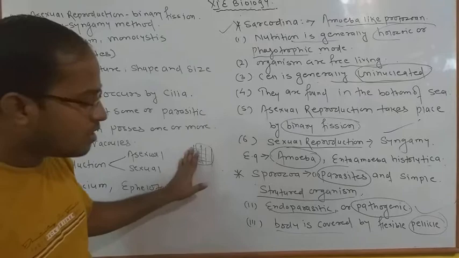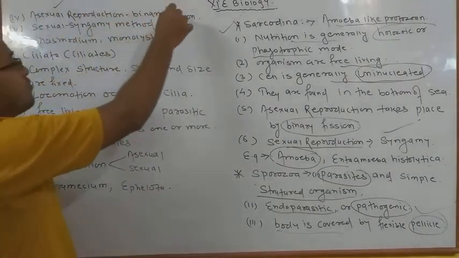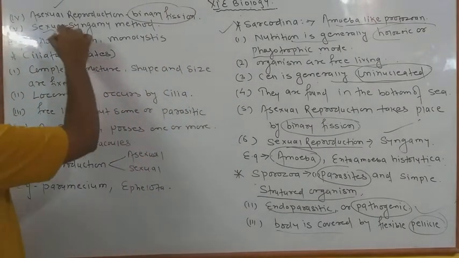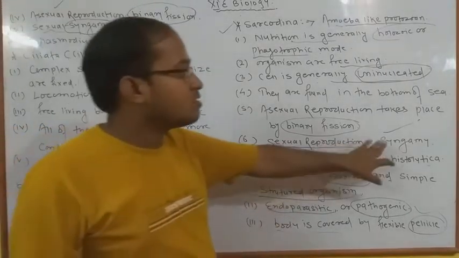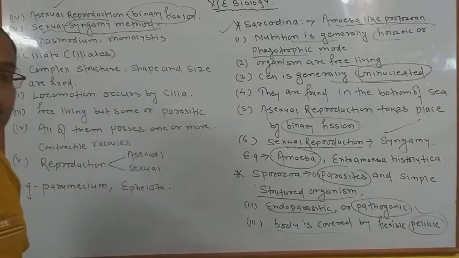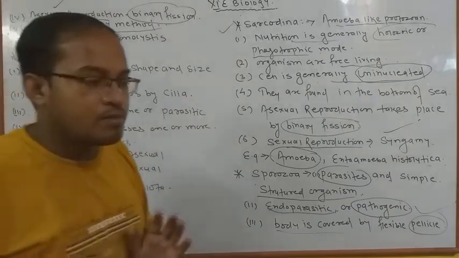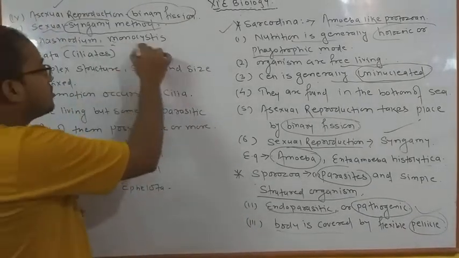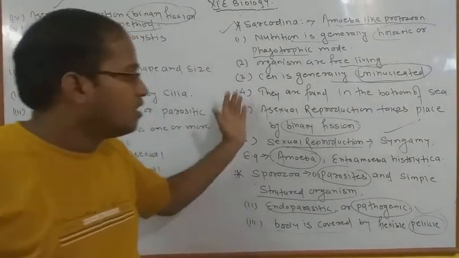Okay, now coming to the next important point, we have to discuss that asexual reproduction takes place by binary fission, okay, and sexual reproduction takes place by syngamy method. As I told you, what is the meaning of syngamy? Here same syngamy method से अपना reproduction करते हैं। Okay, now next, plasmodium, we know that plasmodium is a malarial parasite, we have studied that plasmodium and monocystis। ठीक है, एक monocystis नाम के भी जो एग्जांपल्स हैं वो आपके स्पोरोजोआ में बिलोंग करते हैं।